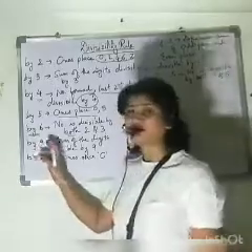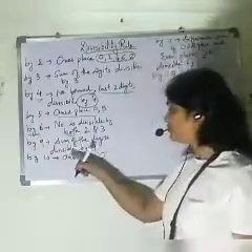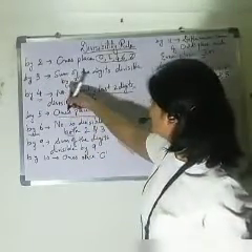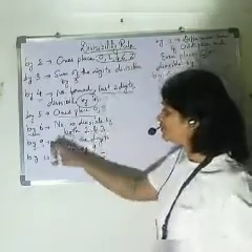How do we check a number is divisible by 9 or not? Sum of the digits needs to be divisible by 9. The same way as in 3, where the sum of the digits needs to be divisible by 3, in 9 the sum together of the digits needs to be divisible by 9.